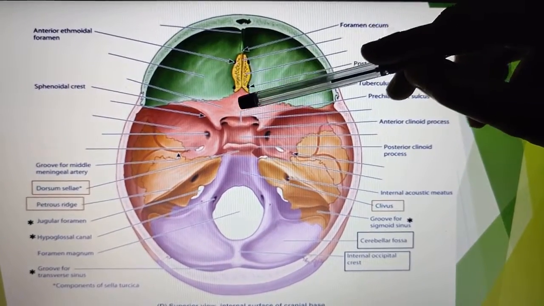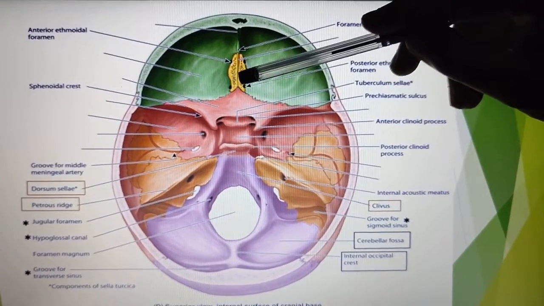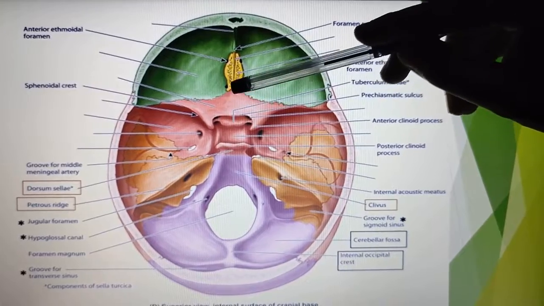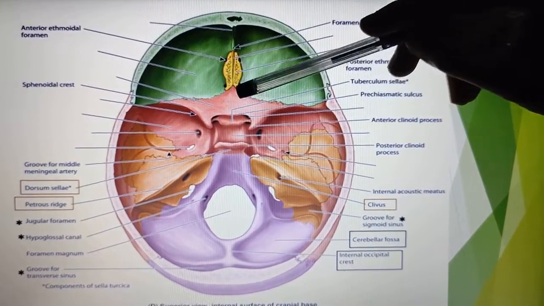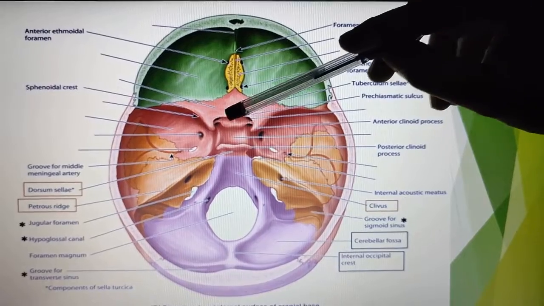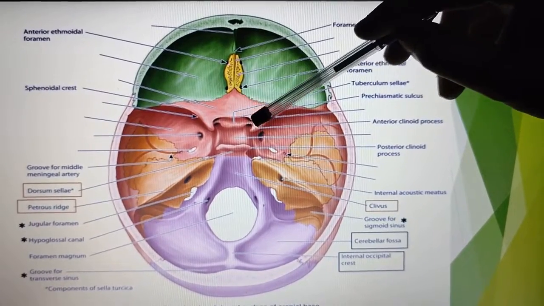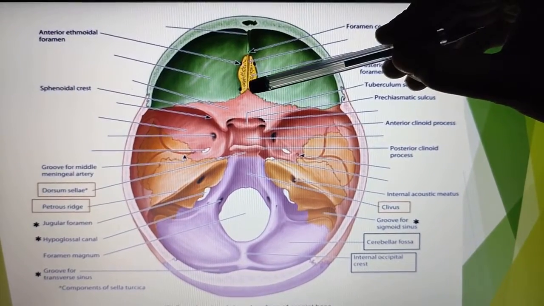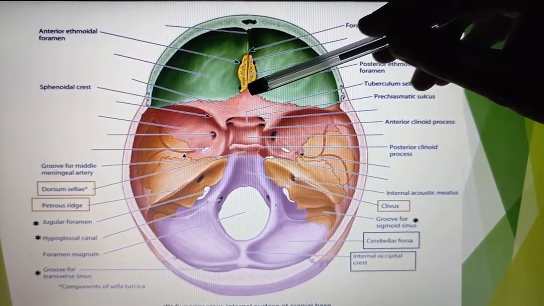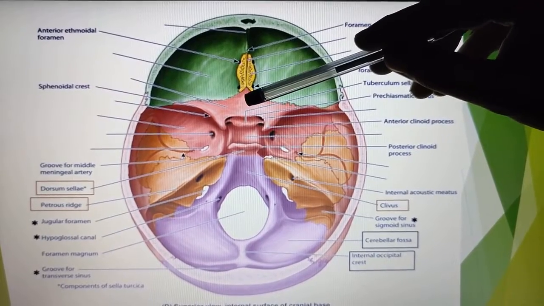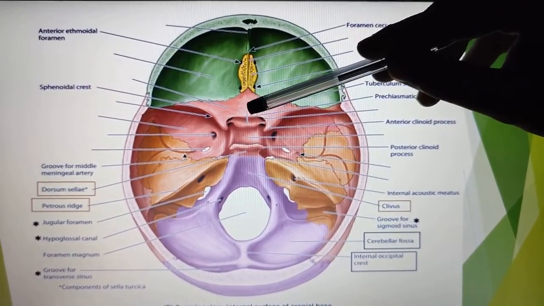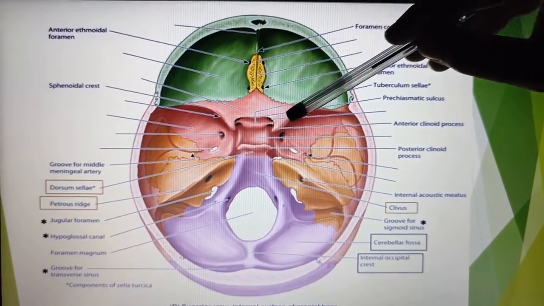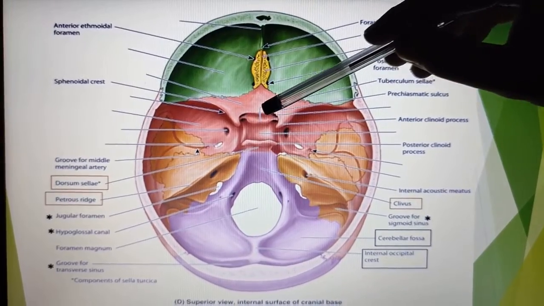Then, posterior to the cribriform plate of the ethmoid, it is articulating with the sphenoid bone. We can see a bony surface known as the jugum sphenoidale. Posterior to that, we can see a faint sulcus known as the sulcus chiasmaticus, which limits it posteriorly.